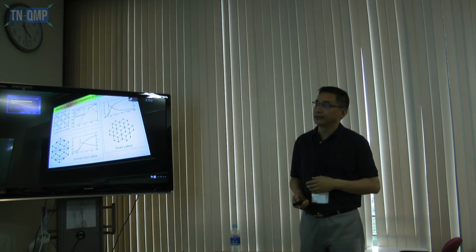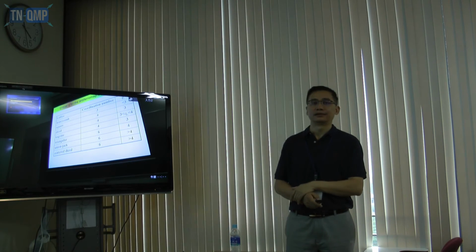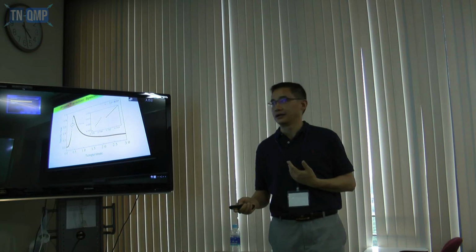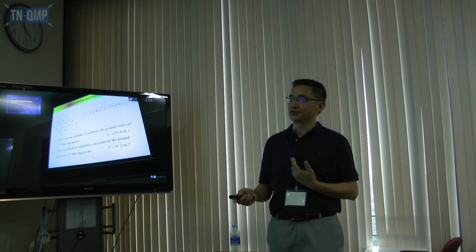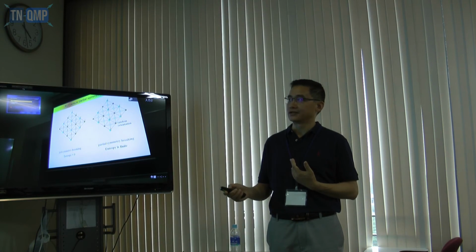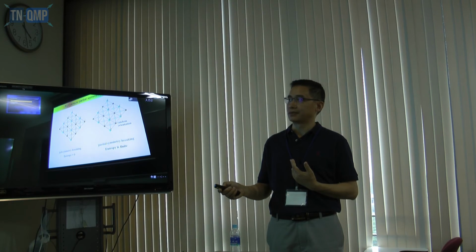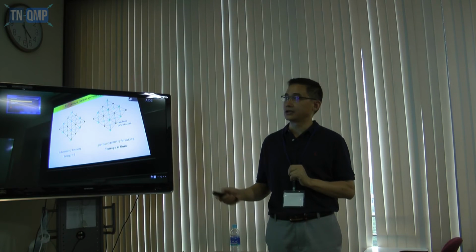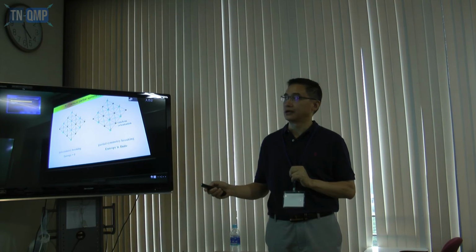So what kind of symmetry is broken here? One of the symmetries is Z2 symmetry, as I mentioned. It is the right sublattice and green sublattice. That is one of the symmetry breakings. Another one is just this